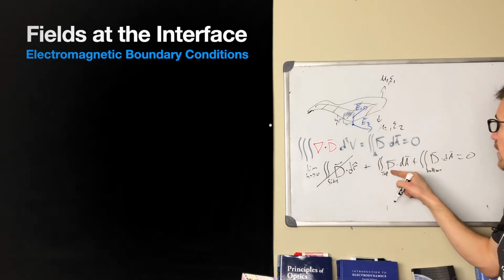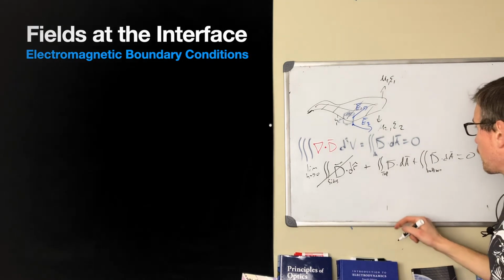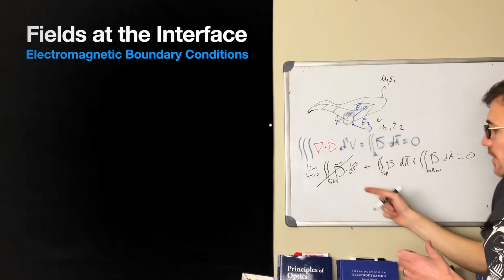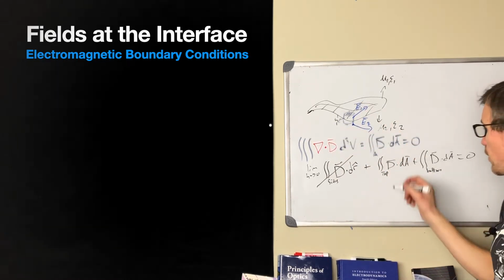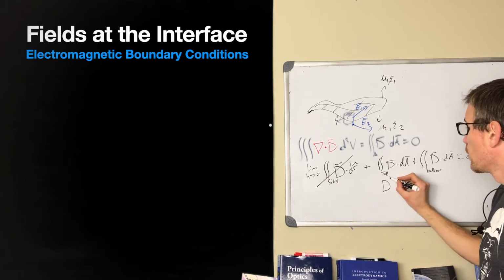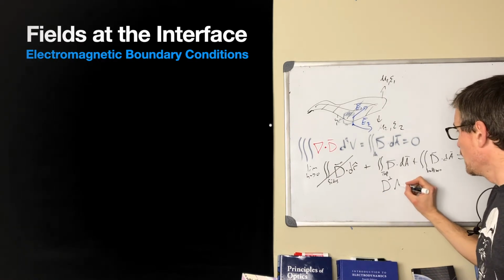We're going to have some finite amount of area on the top because we're just taking the limit as the height of the cylinder goes to 0. As we get to 0 height, we're just looking at the value of D pointing out of it, which we'll call the perpendicular part, the part of D that's pointing out the top, times A. That's all it is,